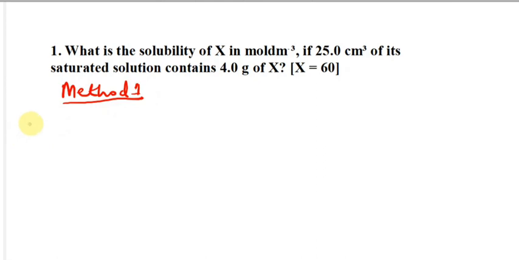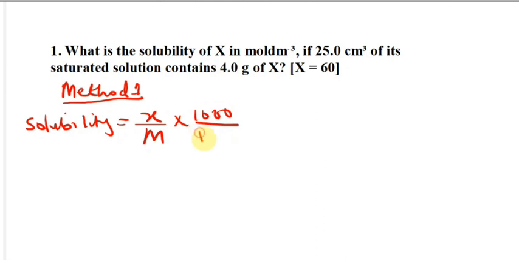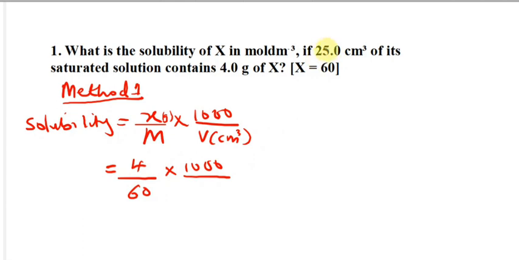So the first one, I'm going to use this formula: solubility is equal to reacting mass over molar mass times 1000 divided by the volume, given volume in cm cube. So this will be in grams. If I apply this, the reacting mass is 4.0 grams. So I have 4 divided by the relative molecular mass, 60, times 1000 divided by the given volume,